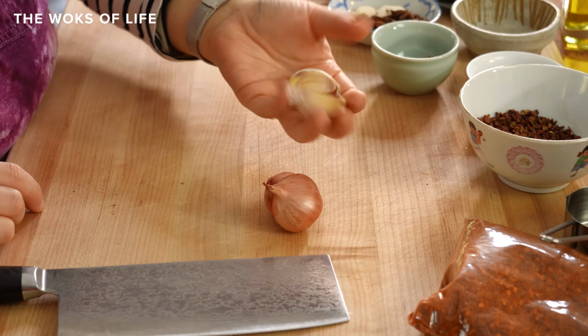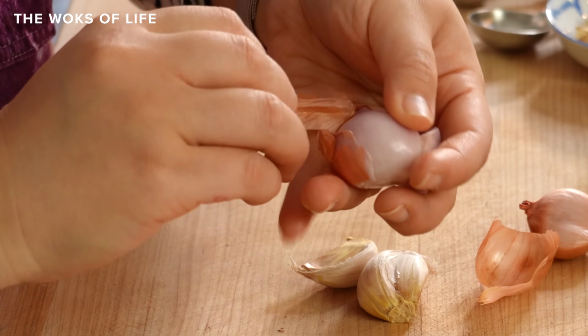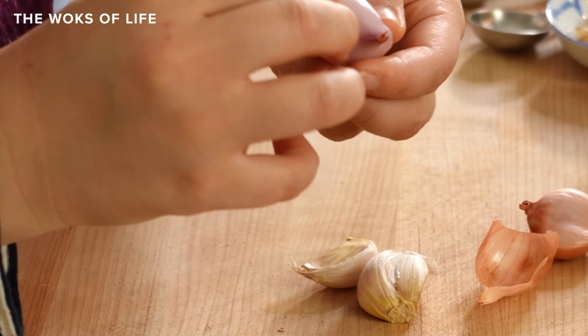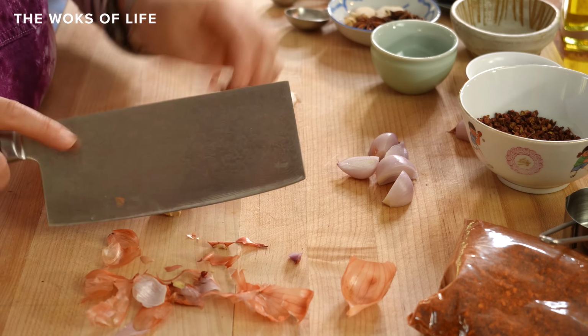signature flavor. So I have 2 shallots here and 3 garlic cloves. It is important to kind of open up these shallots and make it easier for all the moisture to cook out of them. I'm just gonna peel them and cut them in half, and the garlic cloves, I'm gonna crush